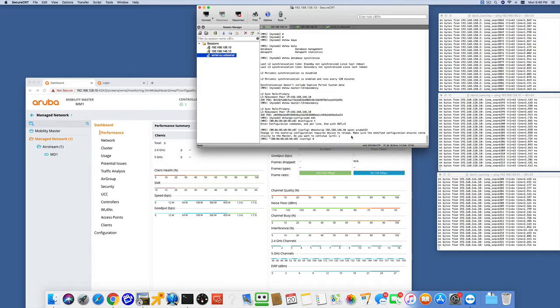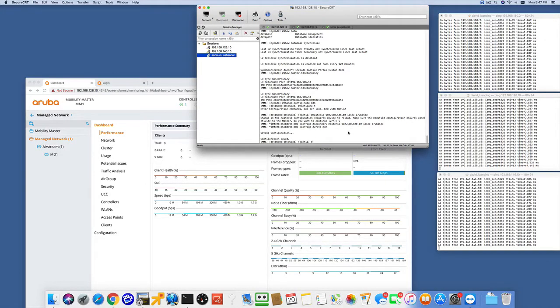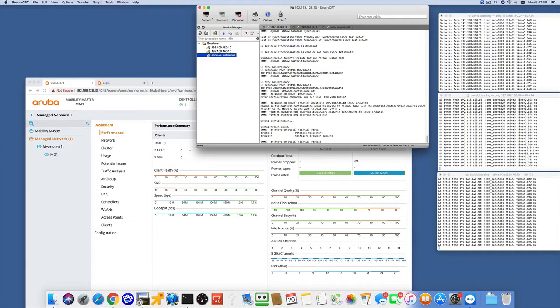Now I'm going to do secondary master IP, 192.168.128.10, which is now my primary, but it's going to be the secondary. So IPsec and the key. Okay. So what you have to do is write it to mem, and you have to make sure that you do database